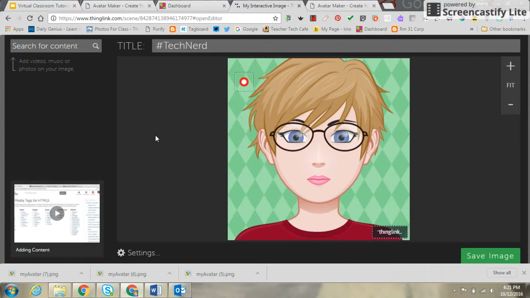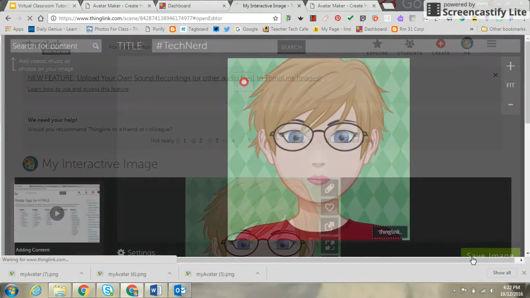I will give you a hint if you're using the free account to add images. Use iPads or iPhones because the apps will allow you to add images and video clips directly to the image, where on the desktop version you have to use a URL to do those. Once you're done, you save the image,